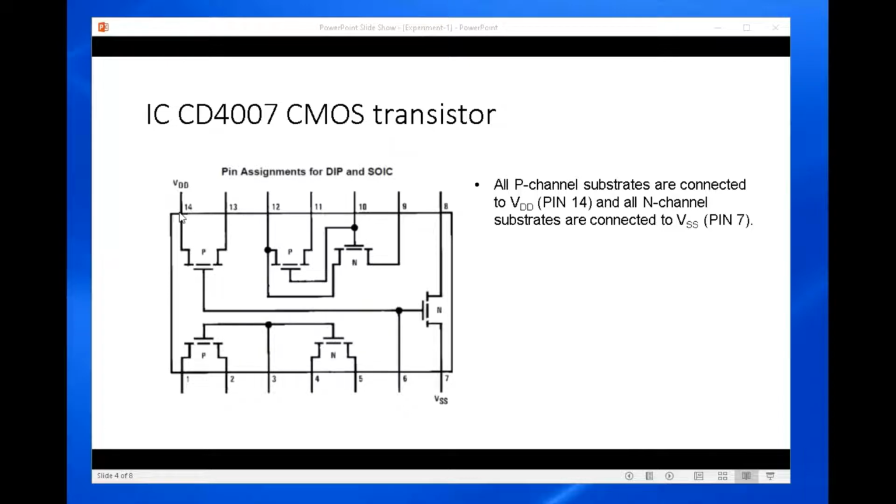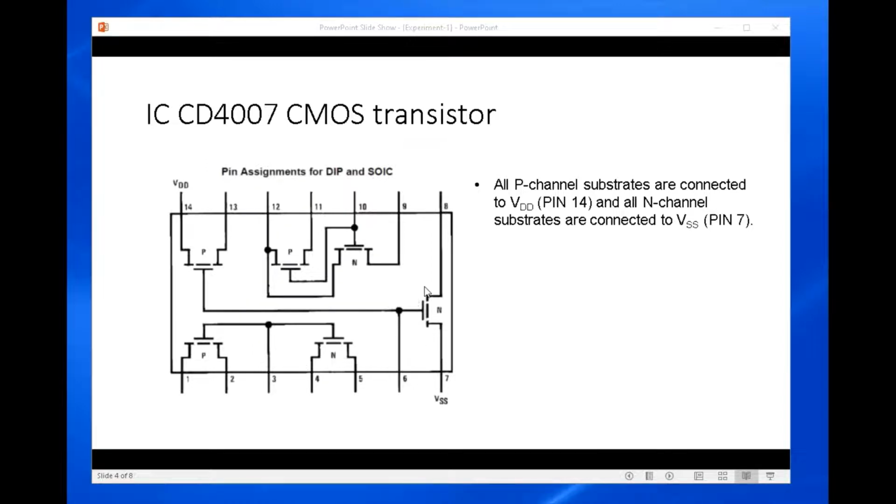So the source of the P channel is connected to the substrate. Similarly, the source of the N channel is connected to VSS. So this is the default setting basically. If you want to apply a bias between source and substrate, you can use pin number 7 and the corresponding source terminal of the other transistor.